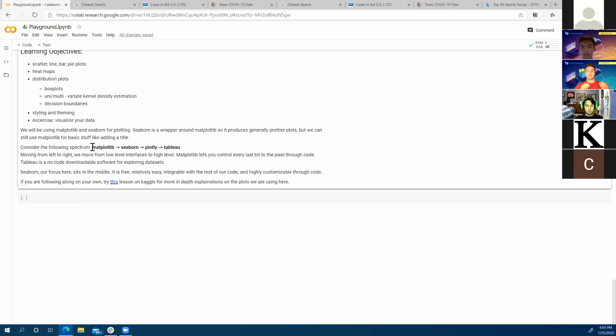With matplotlib, you get a lot of control. You have to write a lot of code to get it to look the way that you want. Seaborn is a little bit less code, but a little bit less control in general. You have to really run into a bunch of options to control how those visualizations look.